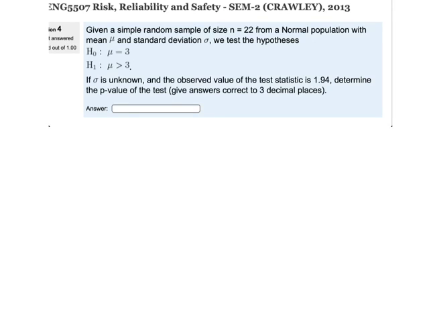Let's have a look at question 4 from quiz number 2, the revision quiz. It says, given a simple random sample of size n equals 22 from a normal population with mean mu and standard deviation known, we test the null hypothesis mu equals 3 against the alternate hypothesis that mu is greater than 3. If variance is unknown,